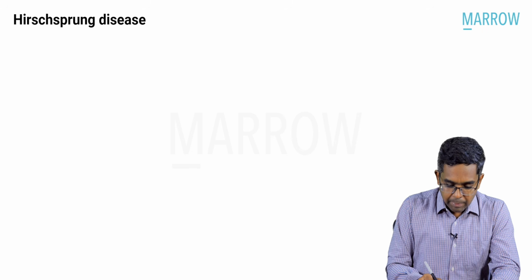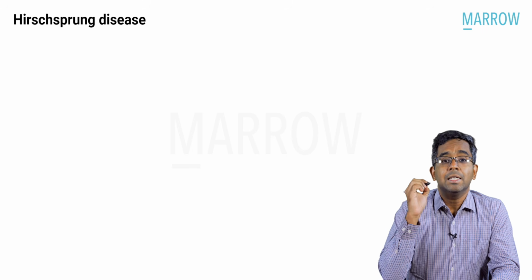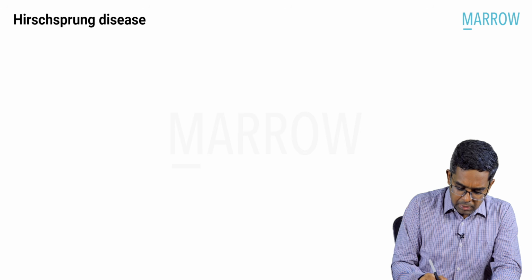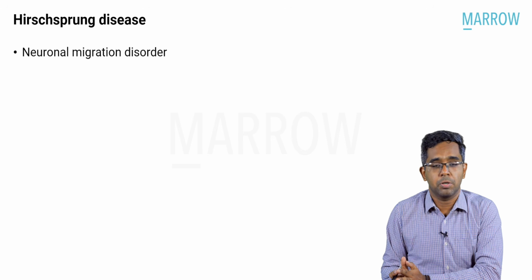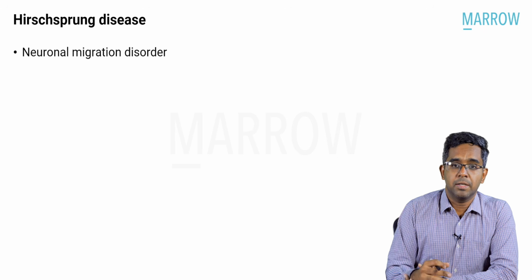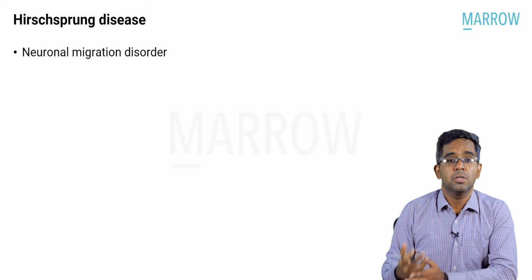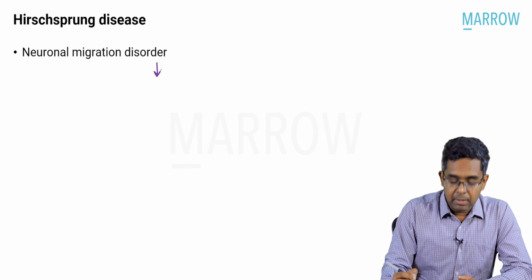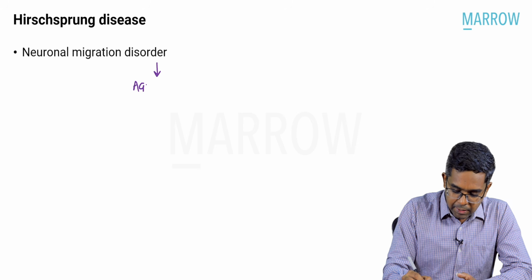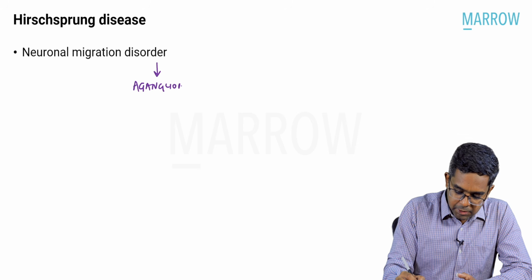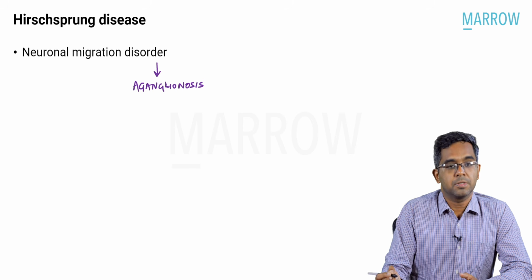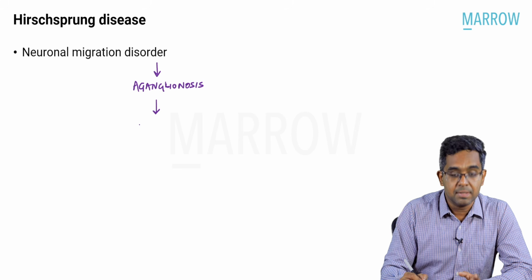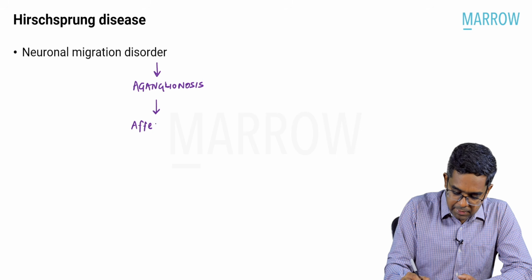Remember, it's a condition of absent ganglions in the intestine. That too, the large intestine, a part of the colon is getting affected. This is basically a neuronal migration problem where there is a failure of neuronal migration from the neural crest to the intestine. For that reason, it's called a neuronal migration disorder. And what is the problem due to this? There will be absence of ganglions, aganglionosis. That's why this condition is also called congenital aganglionosis. And because of aganglionosis, what happens? The peristaltic activity is getting affected. It affects the peristalsis,